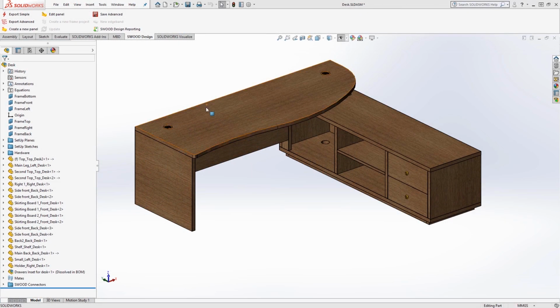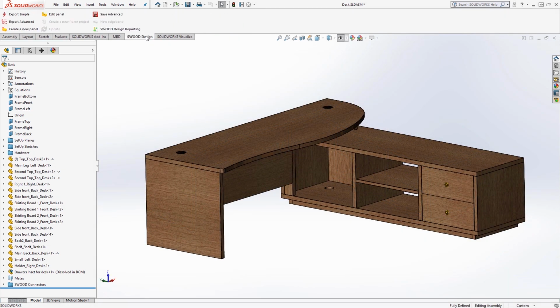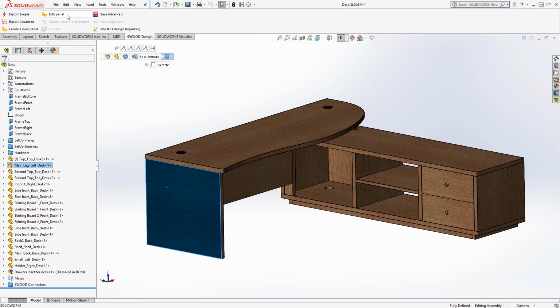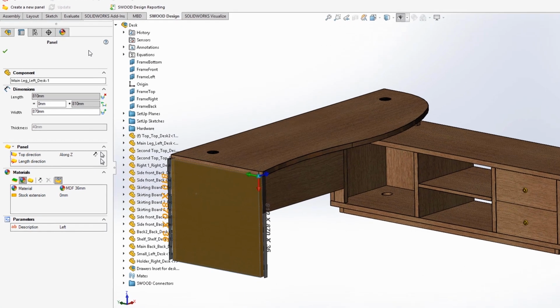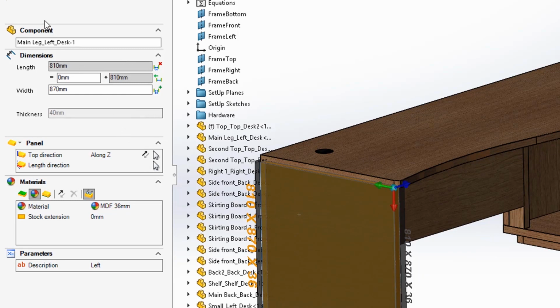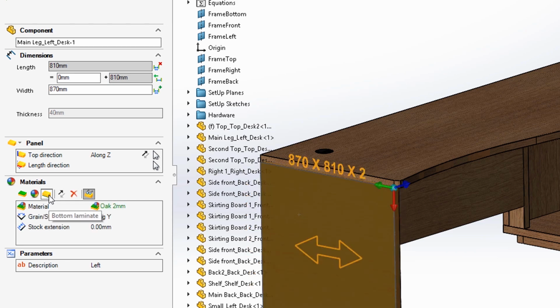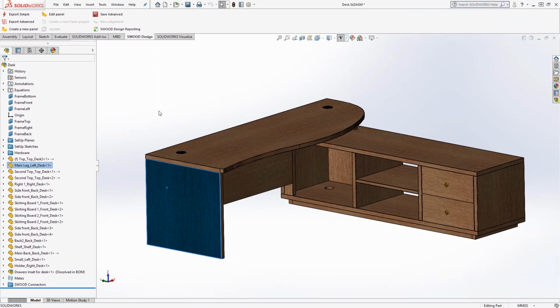As you can see, the desk has a number of panels, all with edge bands, connectors and drawers, all in different part files and sub-assemblies due to how SWOOD works. The first thing to do, which you would have already done while making the project, is to make sure the wood grain is going in the right direction. Although this can be changed in Visualize later, you don't want your SWOOD report to be incorrect. On this desk I have done this with laminates, and therefore I will change the direction of these. The same can be done for each of the panels we have.